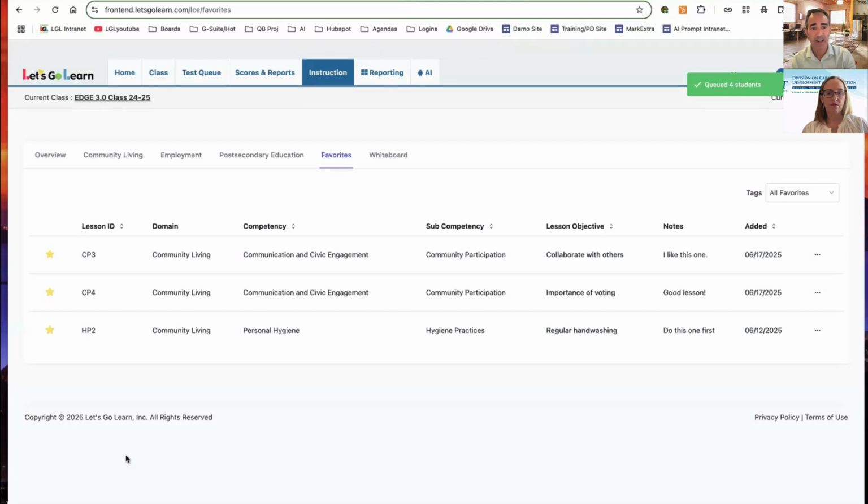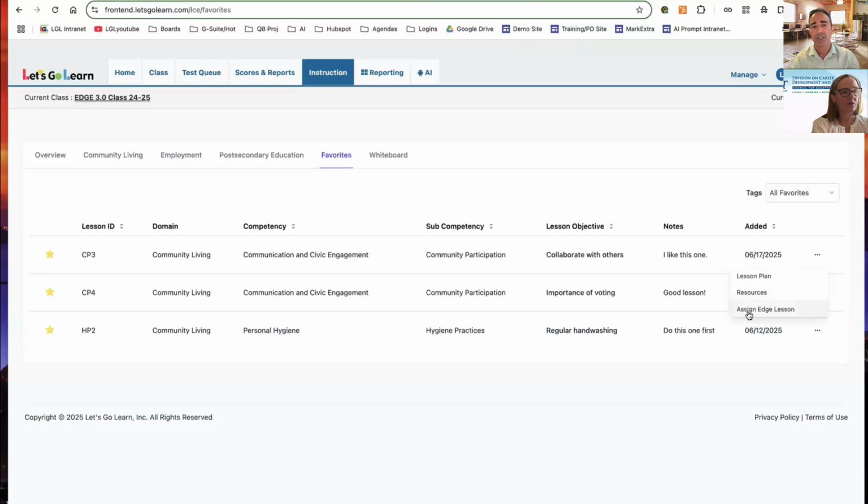So it's already there. We want to make it simple. The other thing we have is that some of them will have resources right here. So these are additional resources. I don't think the ones I have right here have any resources, but more will be added over time. But if there are additional resources associated with the lesson plan, you'll be able to access them there.